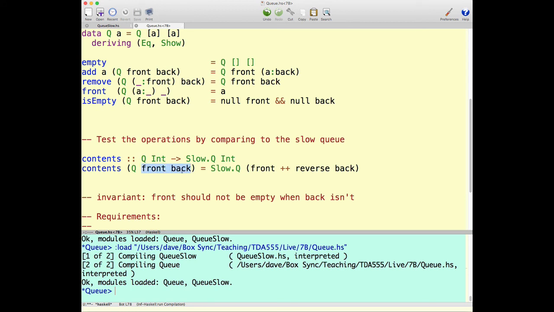But we join them together into one list in such a way that now the back has to be reversed, because this is represented in reverse order. So we get a slow queue representation from the fast queue by joining the front to the reverse of the back. So we have a conversion function. And the conversion function allows us to state a bunch of invariant properties that relate this implementation